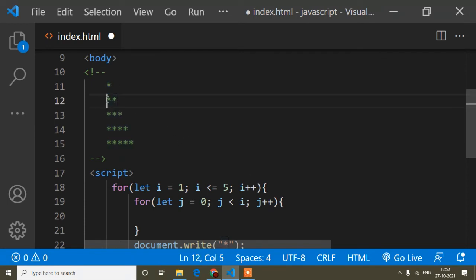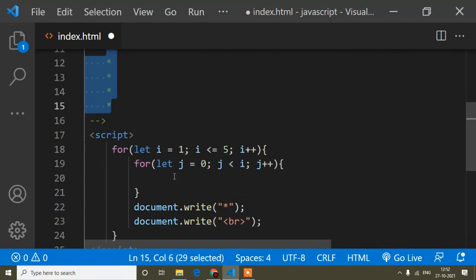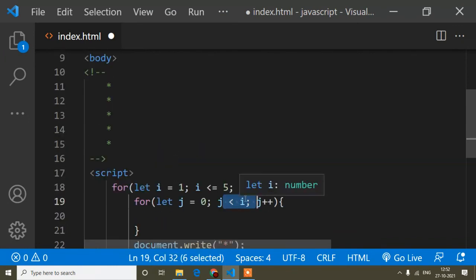When i is 2, first of all I will remove this one, then it will be more clear to you. So first of all, using the i for loop I am getting it like this, you can see in the preview also. So here I have written another for loop like this, so j will be less than i.